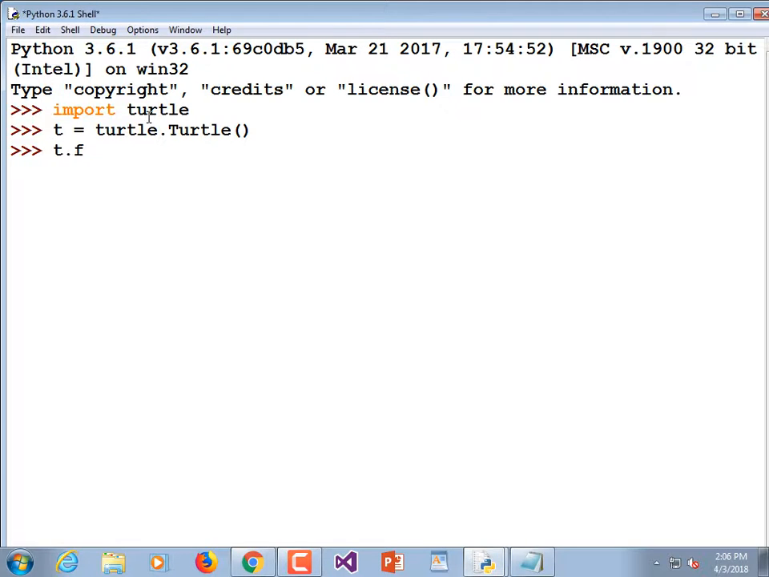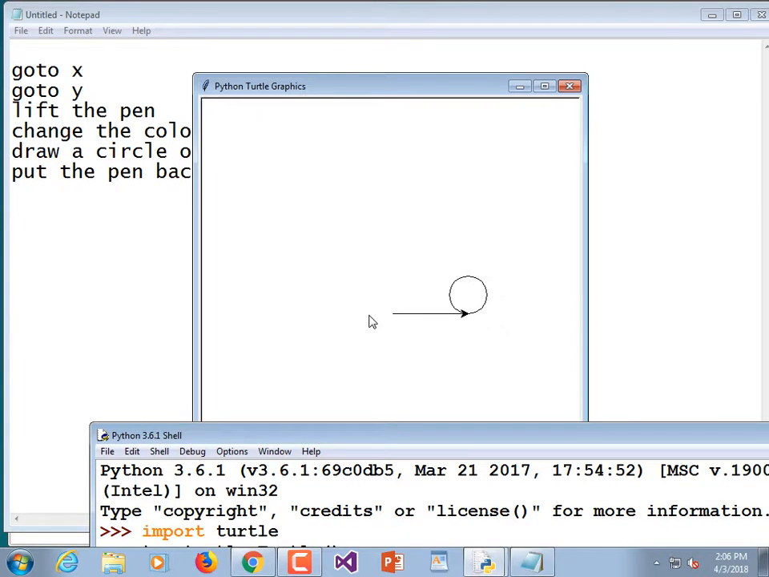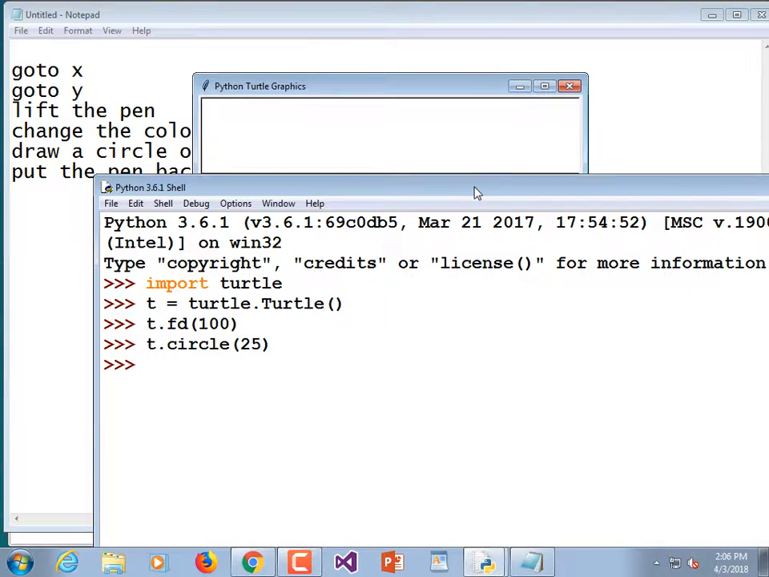So if I draw a line and then I draw a circle, we can see what it did, right? It started the circle at this point and then it veered off to the left to draw the circle. But if we were going in a different direction, turn left or right, and then we drew another circle,